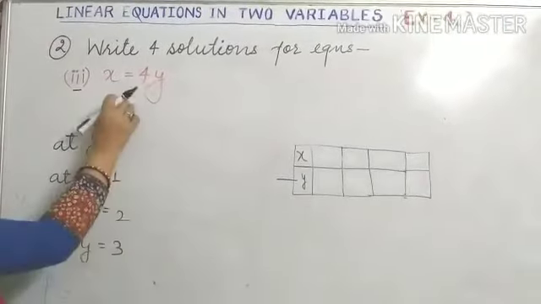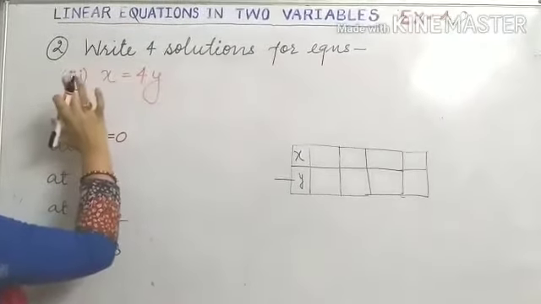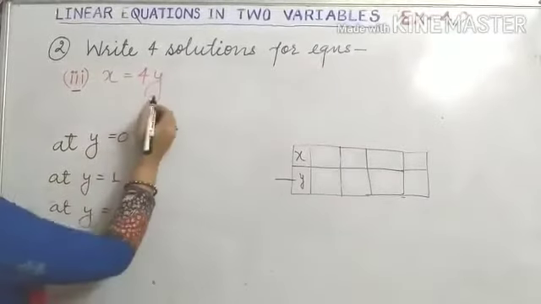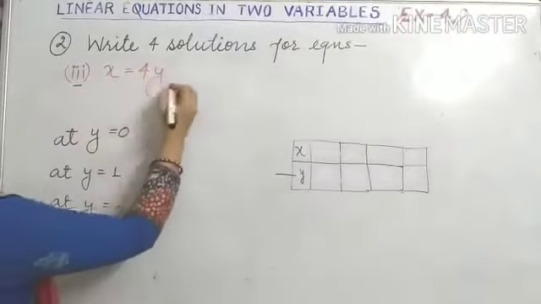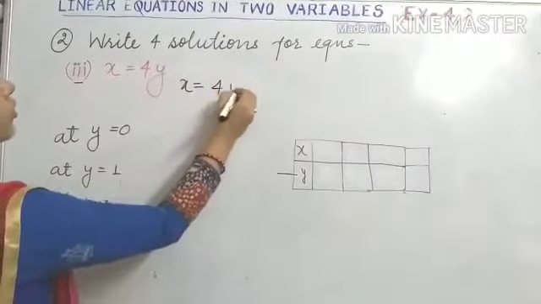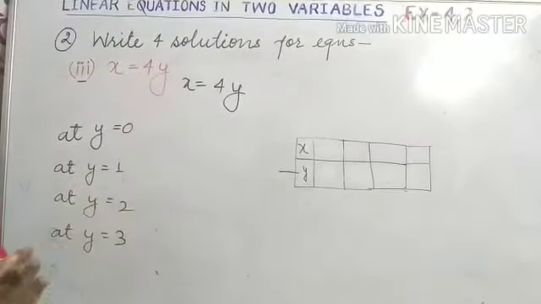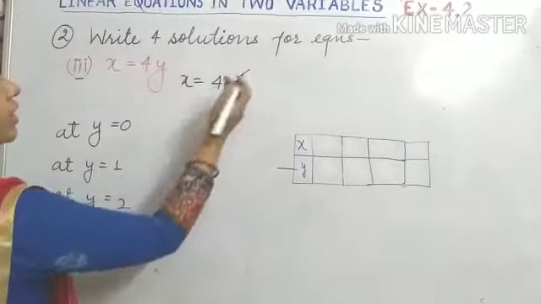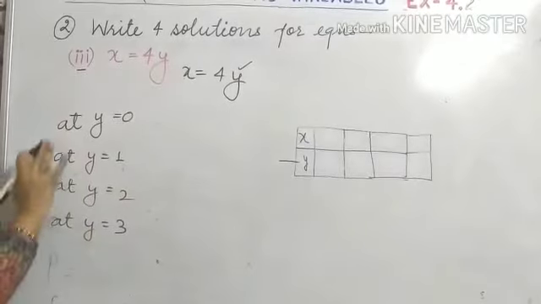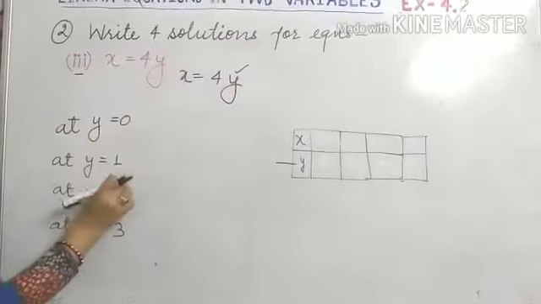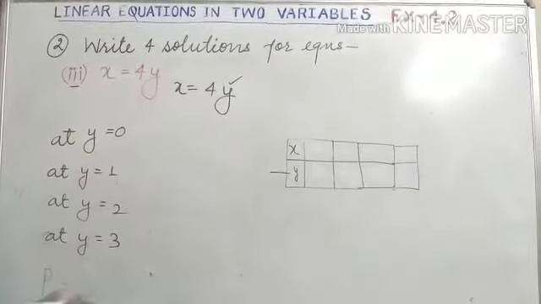Students, now I am going to do it with another method. The method is actually the same, but now I am going to take y on the right side only. It's not necessary that we always have to take x to the right side. We can do it like this only. X equal to 4y. No need to change anything because x is all alone here. So we will put different values of y and we will be getting different values of x corresponding to y. Now this will change. We are not taking x equal to 0, x equal to 1. We are taking y equal to 0, 1, 2 and corresponding to these we will be getting values of x.